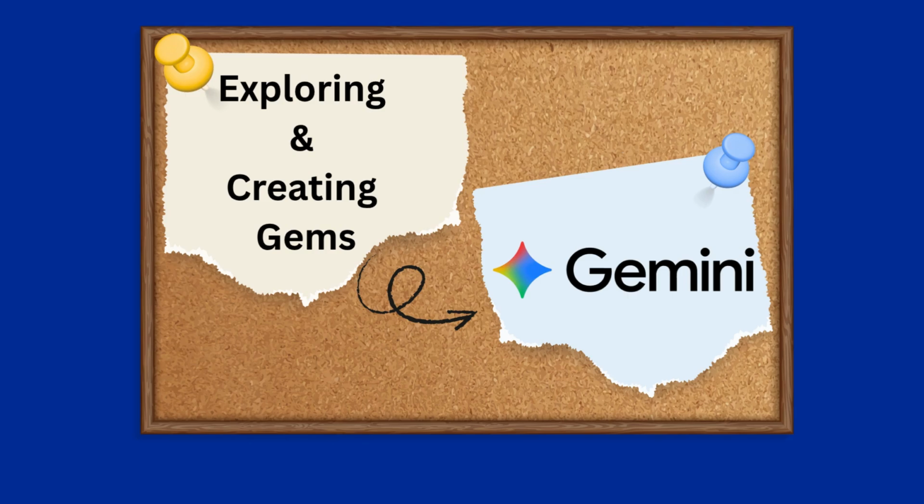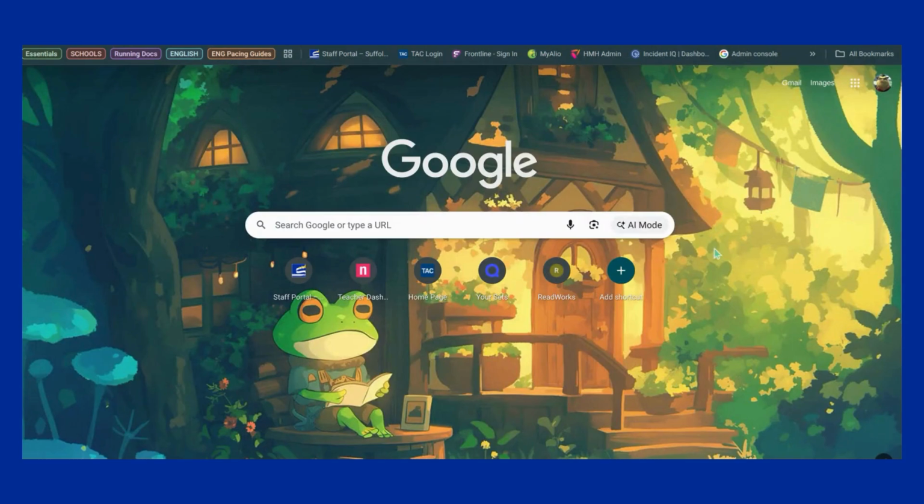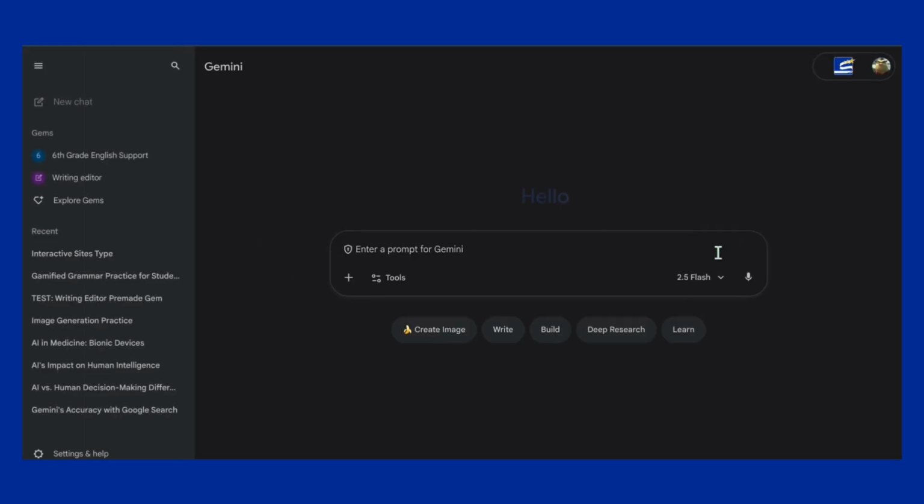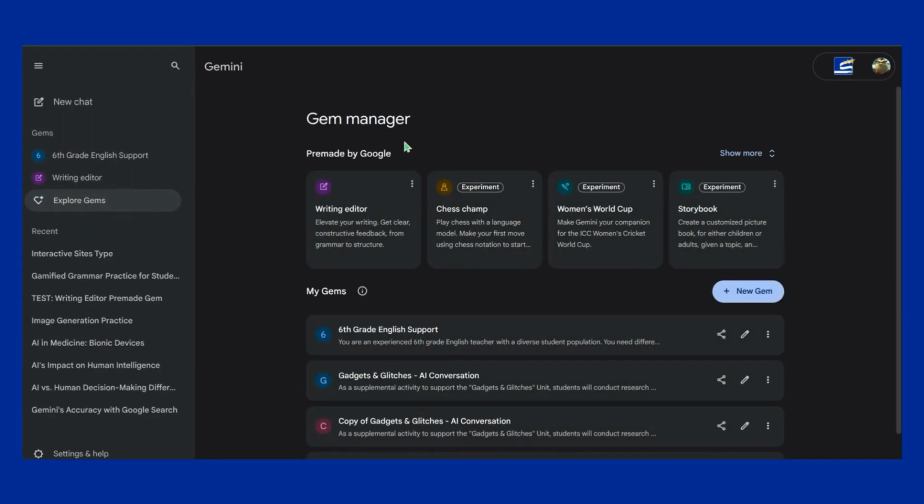Today we are exploring and creating gems. To access these gems, you'll first navigate to your Gemini account. On the left of your screen, you'll see a heading labeled Gems. First, we're going to take a moment to explore the pre-made gems that are available right here in your Gem